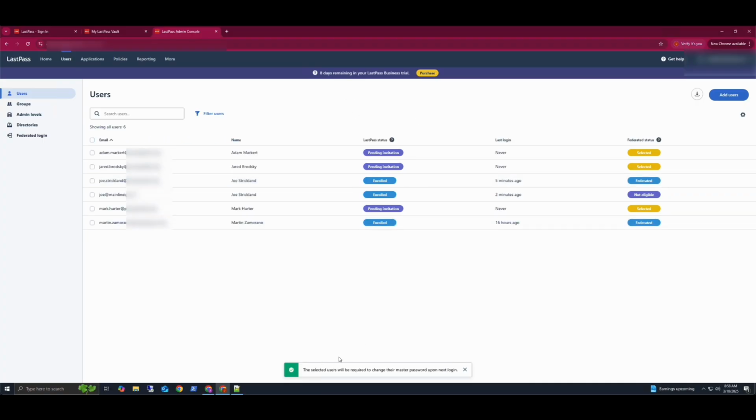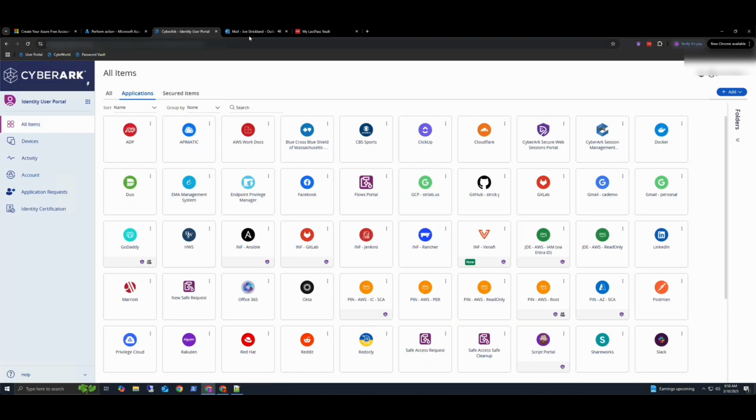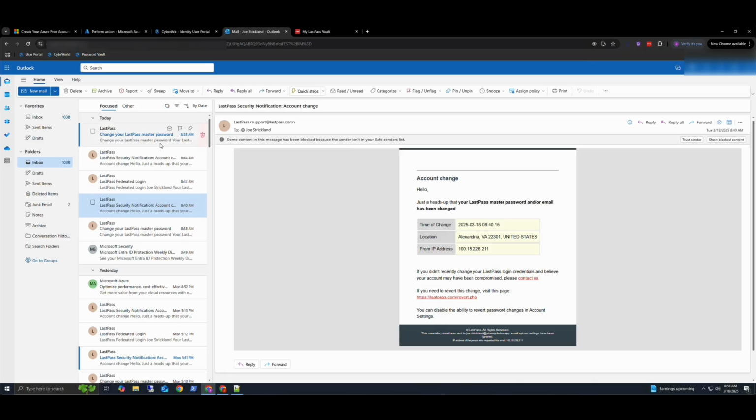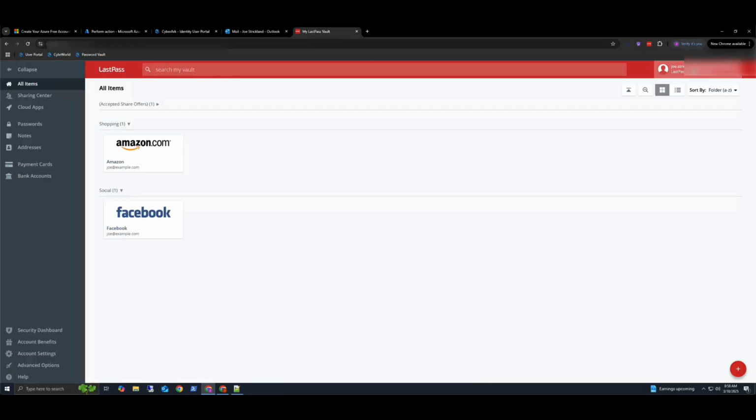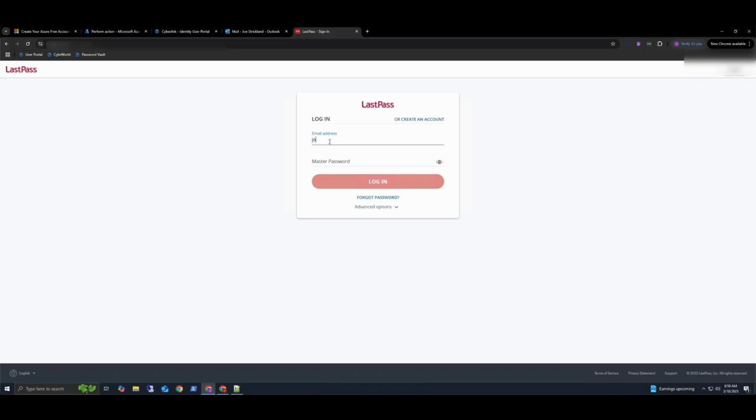Now, once I select this, there's a notification that says the selected users will be required to change their credential. And if I switch over to my user view and to that inbox, I can see that there's a LastPass notification telling me that my master password needs to be set. So if I come in here, go ahead and log out. When I log back in,